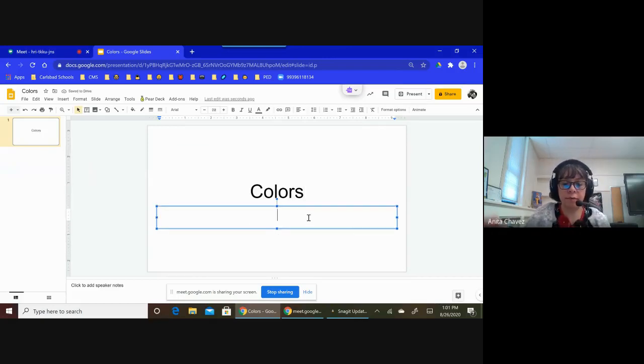And then with the second one, I'm just going to type in my directions. But I'm also going to be using Cami, the video tool, because they are younger, to explain the directions further. So I'll put it in text, but I'll also put it in a video when I push it into Cami. So students, today we are going to learn about colors.